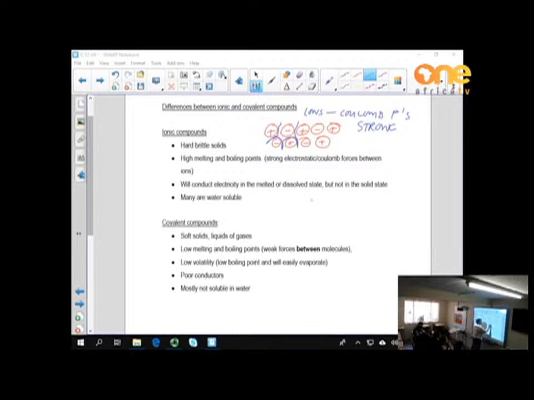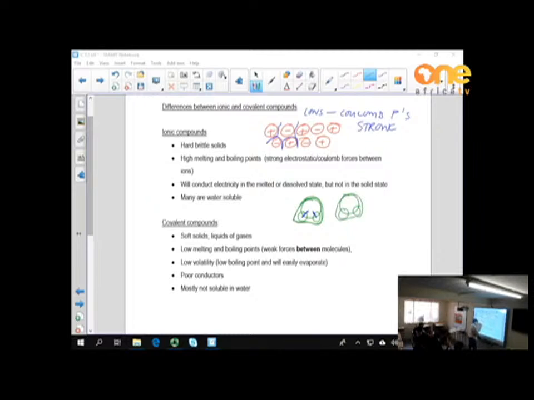A water molecule, for argument's sake, will have that shape. So here is the whole water molecule. Within the molecule, we have a covalent bond. It's a chemical bond. But if I have 2 water molecules,